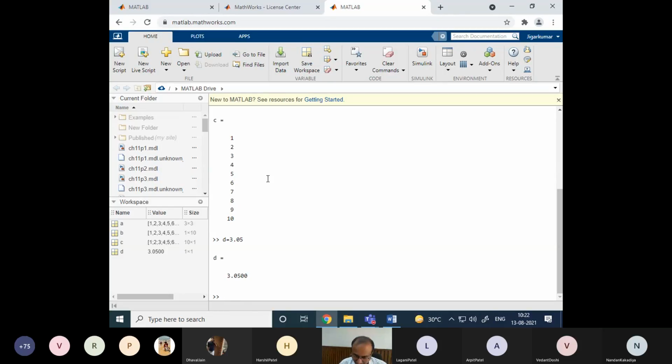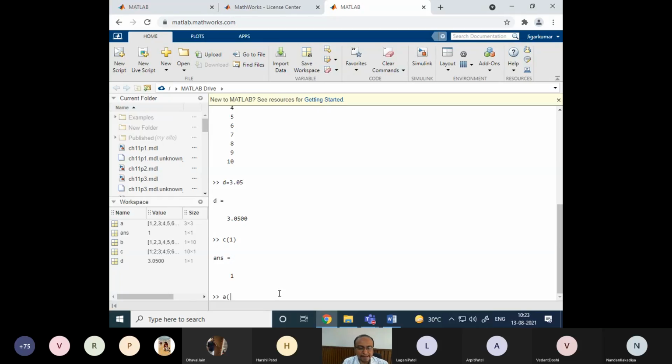So these are matrix variables or array variables in MATLAB. The index always starts with 1 in MATLAB, right? In C, it starts with 0. But in MATLAB, the first element of C, you can say C of 1, is indexed as 1. So the indexing always starts with 1. In the case of Turbo C or the C language, it starts with 0, while here it starts with 1. That difference should be remembered always, so you are not confused by it.